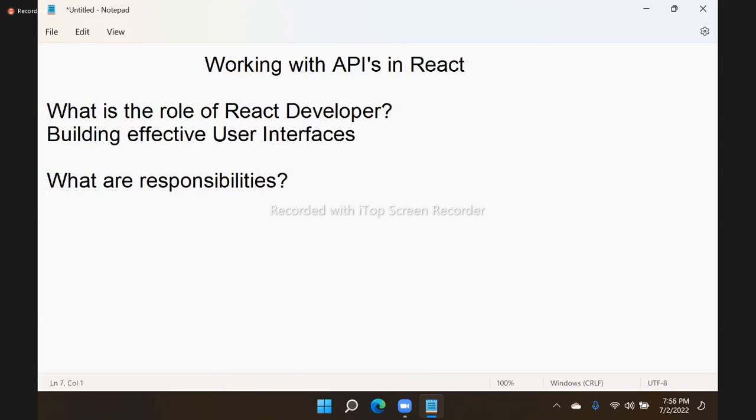What are the responsibilities of a React developer? Your role is building interfaces. In building interfaces, what will you do? What is your responsibility? What do you have to design? That is the responsibility. That means the responsibilities of a React developer are